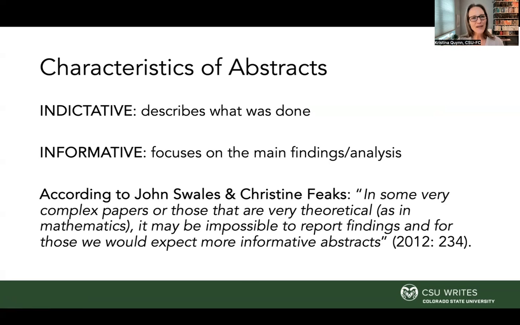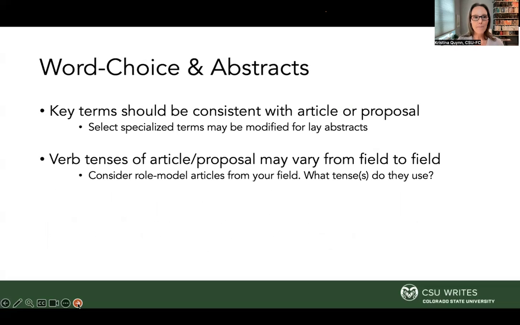And so if you're trying to figure out, am I writing something that indicates what I did and then what I found, versus informative, which is really focusing on the findings or the analysis, it might just be the nature of your field, right? So for me in literary studies, I don't write many indicative abstracts because I'm not identifying how I did my analysis. I'm informing folks of what my analysis shows. And so if it's helpful at all to think about that characteristic in putting it together, use it. If it's not, just forget it, don't use it.